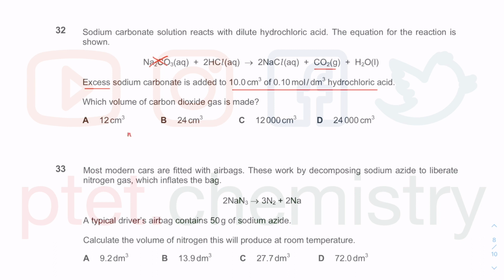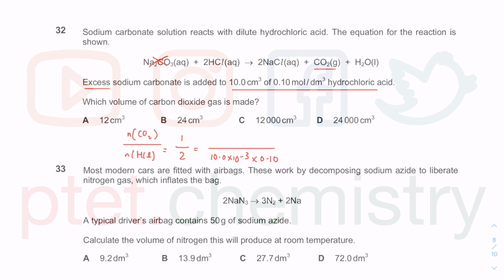So setting out a mole ratio, the mole of carbon dioxide is to the mole of HCl. 1 mole of carbon dioxide comes from 2 mole of HCl. Follow the label on your own work, and you have this much volume and this much concentration of HCl. So what you have is 10.0 times 10 to the minus 3. You convert that into dm cube by multiplying by 10 to the minus 3, or just dividing by 1000. It's the same thing as converting cm cube to dm cube, and then you multiply by 0.10